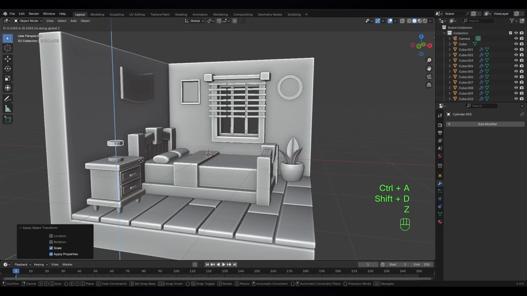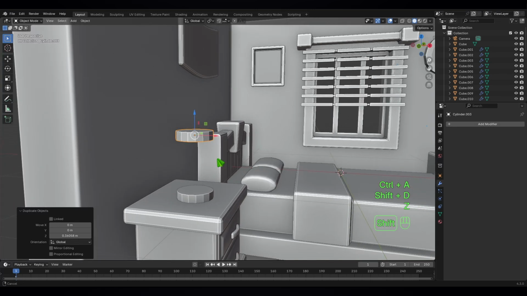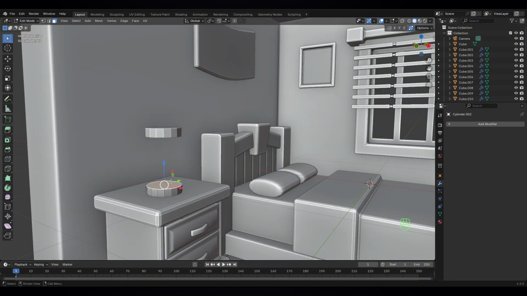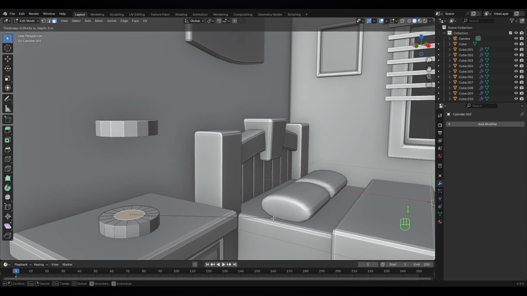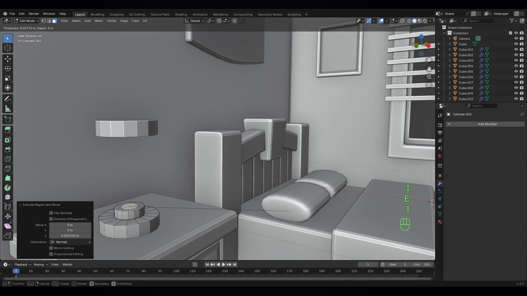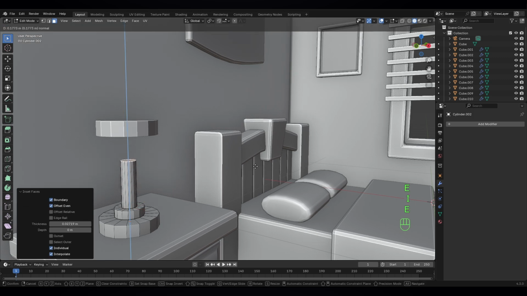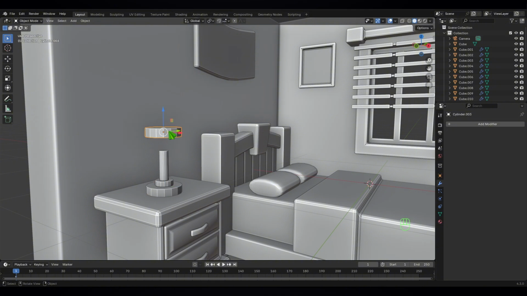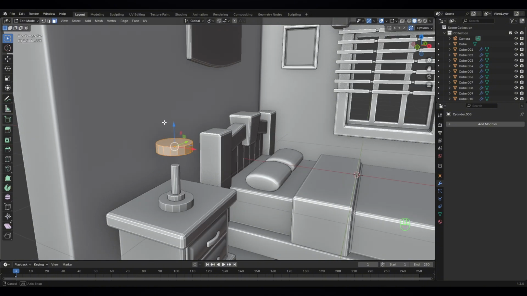And Shift D to duplicate this. We're gonna need this later. First, let's make its leg first. Go to edit mode, select this face, switch to face select mode, select this top face, I to inset, E to extrude, I to inset again, and E to extrude outside. That looks nice. And let's go to object mode and select this, and let's go to edit mode, and I